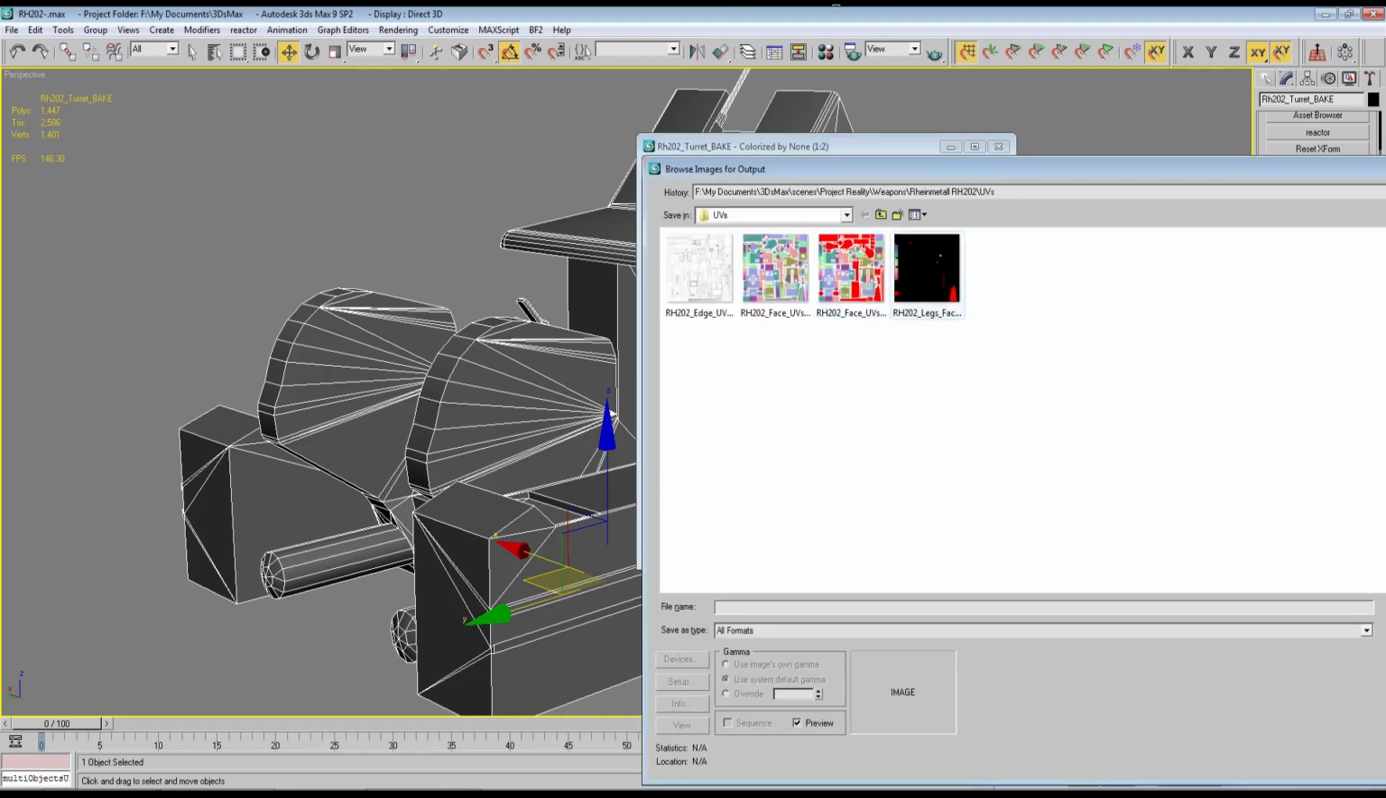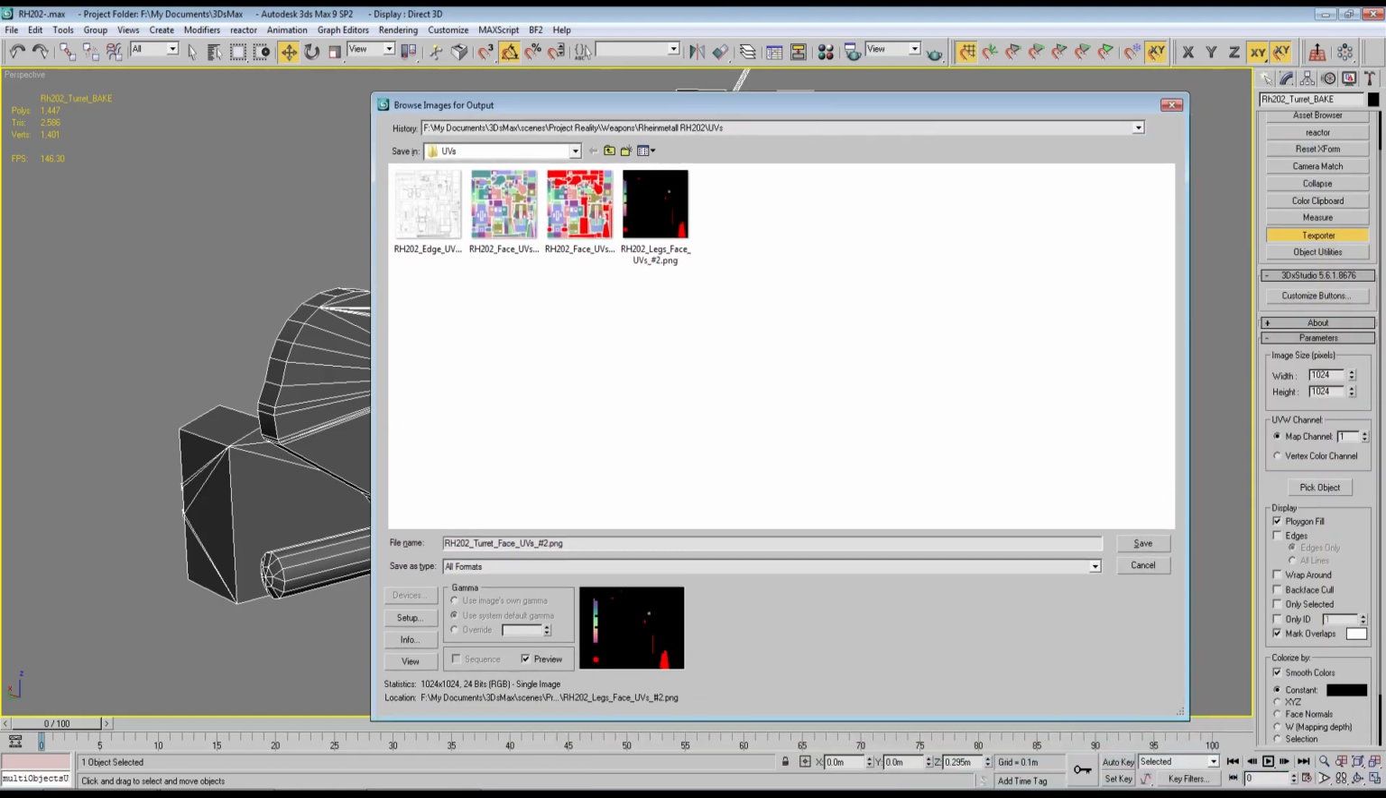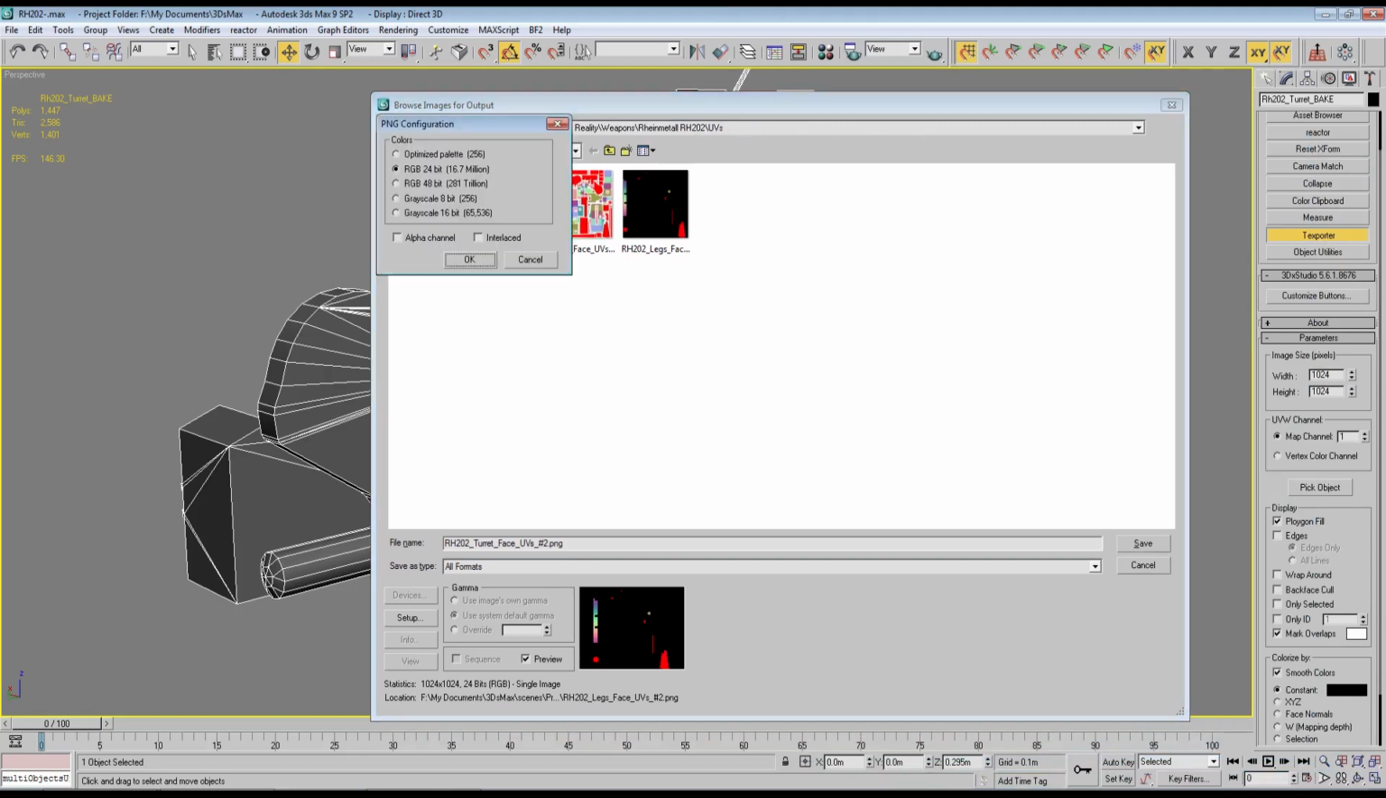So if we save this UV map into here with just the white faces, save it without the alpha channel checked,